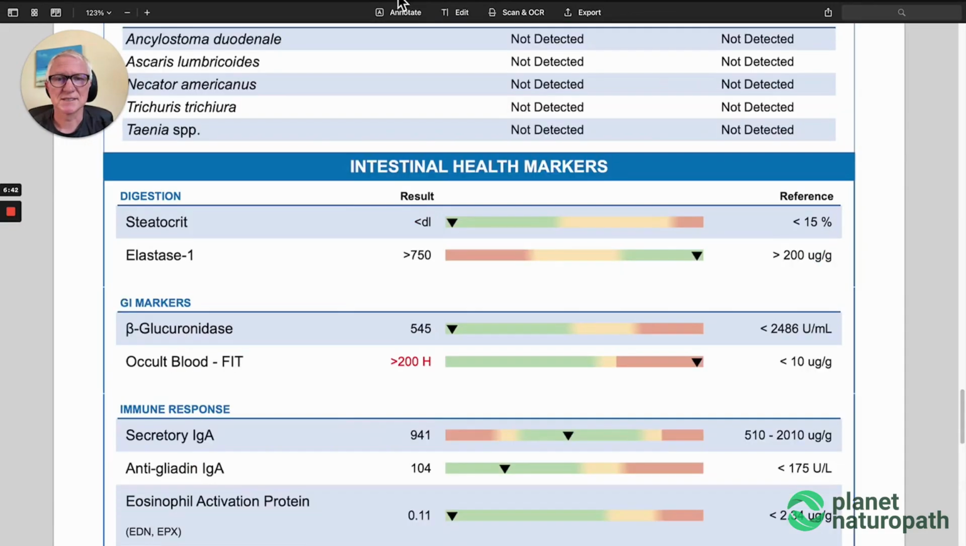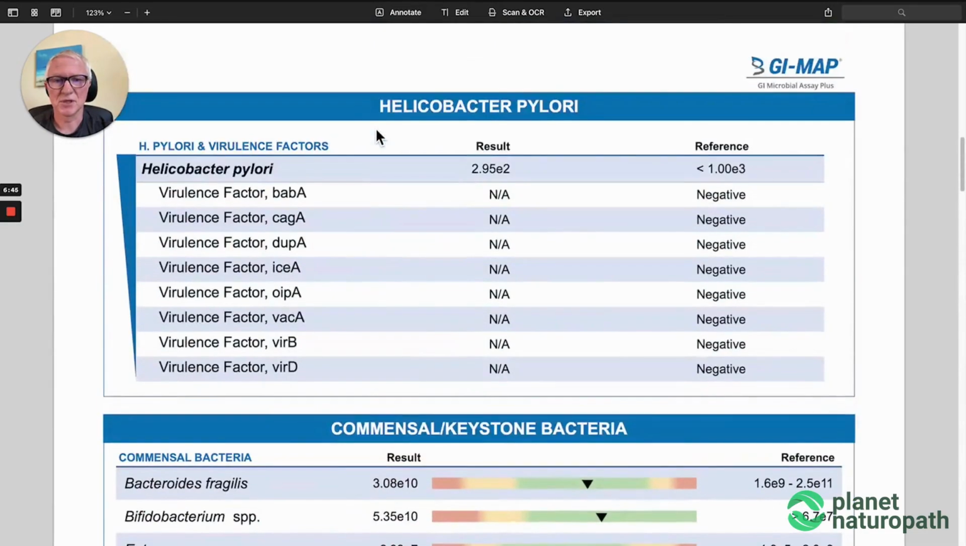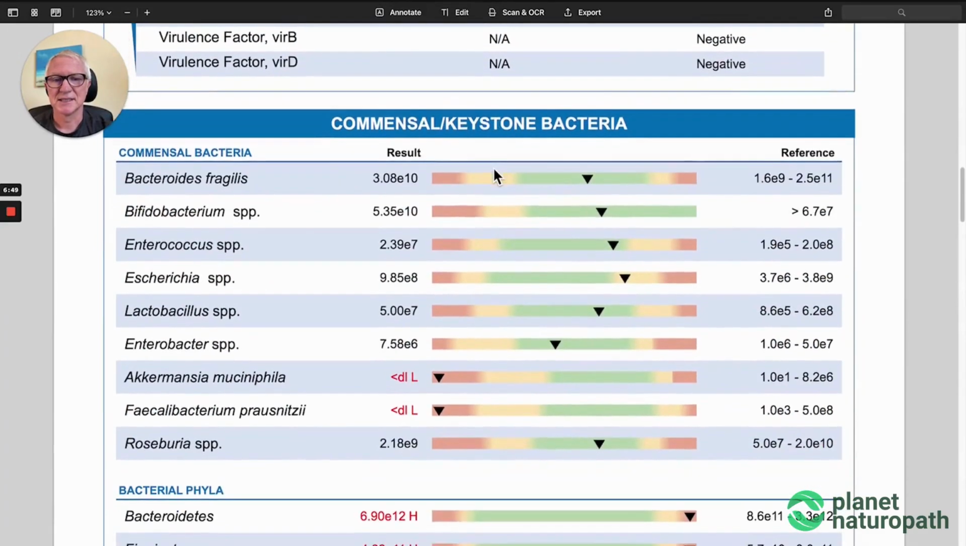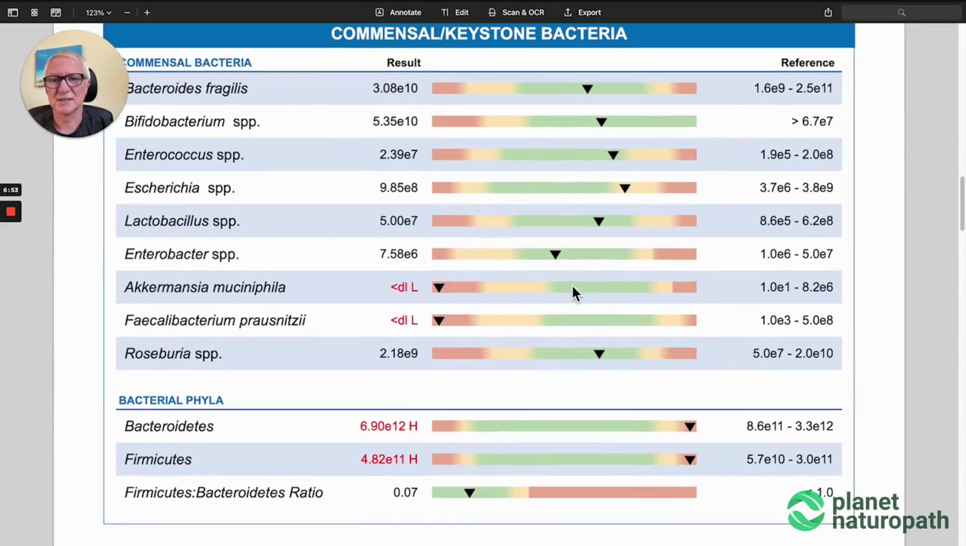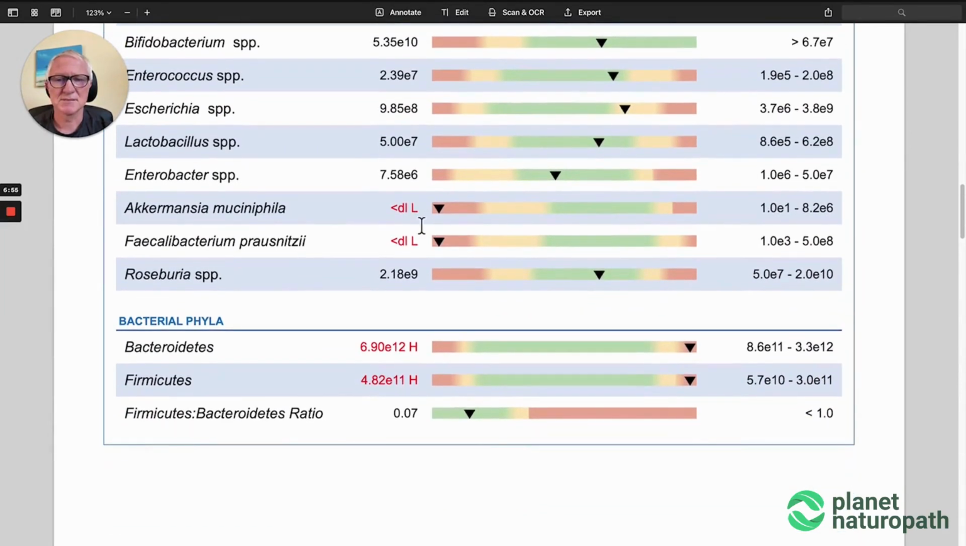And one more test, we'll go up to the top. Once again, low levels of H. pylori present. Bifidobacterium's fine, lactobacillus is fine, but in this case, there's missing species here. And this can happen when someone's had a lot of antibiotic treatments in the past, and especially Akkermansia and